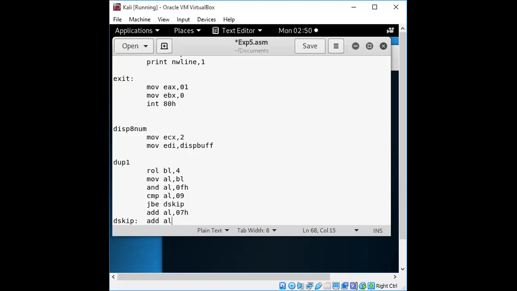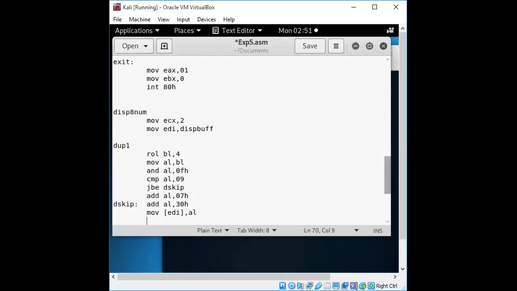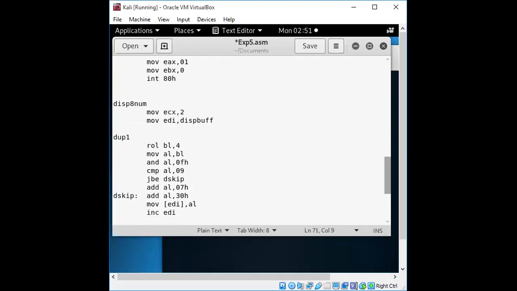So 30 will be identified as what? It is ASCII values which we need to convert. Converting it, whether it is a number that is greater than 9 or less than 9, we'll get that ASCII value. With the help of the number that we have got, we'll copy that into EDI, which will be comparing this buffer value which we have got and get it continuously with a new value. So it will be like loop 1, continue it for further loops.